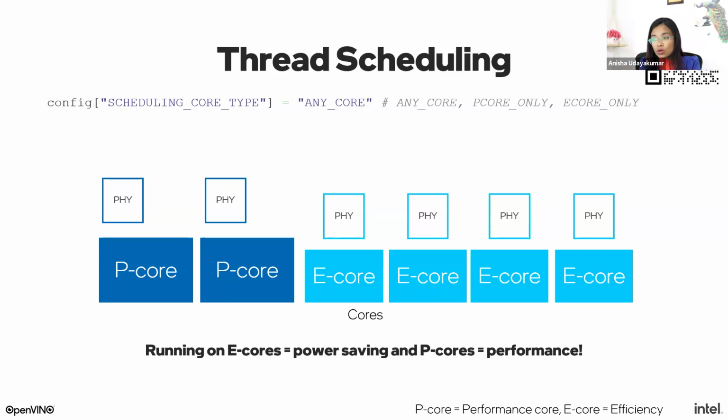We have P cores and E cores. It's not just about the speed, it's about smart resource management, as I mentioned earlier. So the key to this process is customization. On hybrid platforms with different core types, you choose which cores handle the inference. And this is very key. If you are a hardware expert, you will know what kind of liberation this gives you.